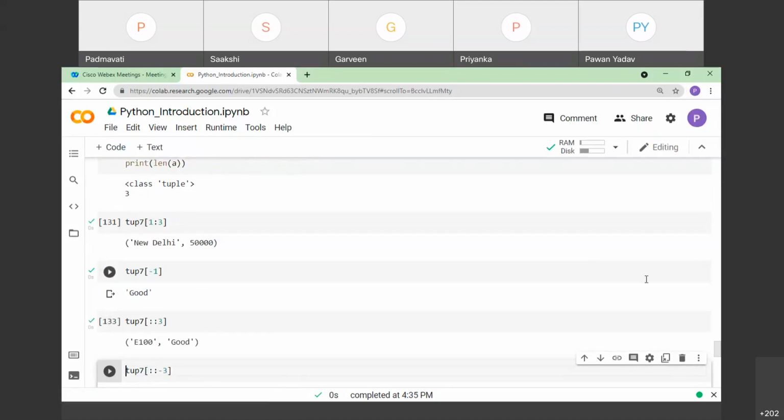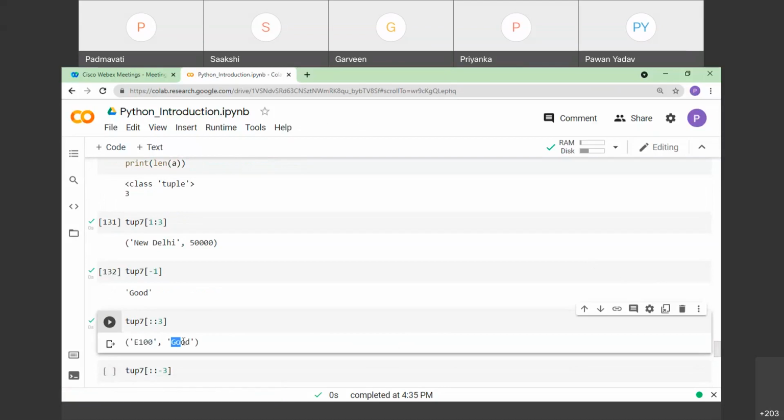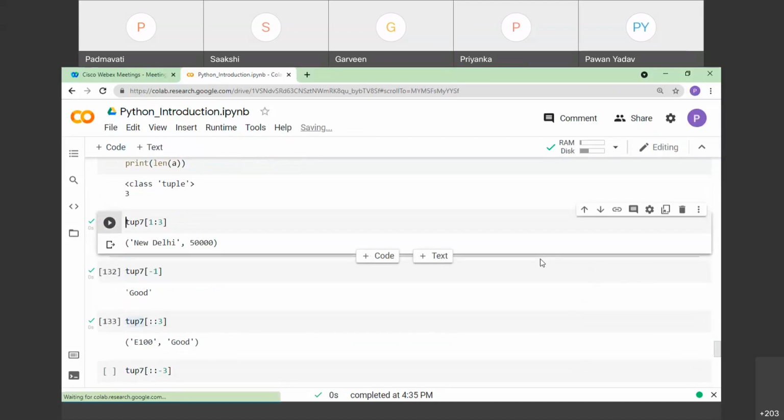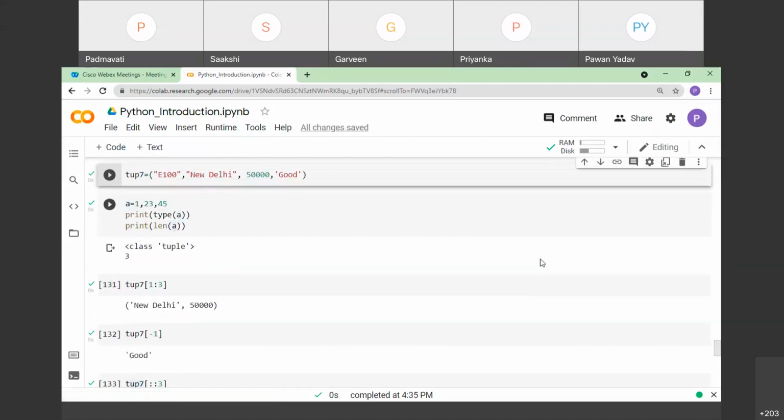Here you can see the employee ID, and after the employee ID, I have displayed the third element. So both the elements will be printed, right? You can check here, the first element is this, and after this, you can say 1, 2, and the third element.